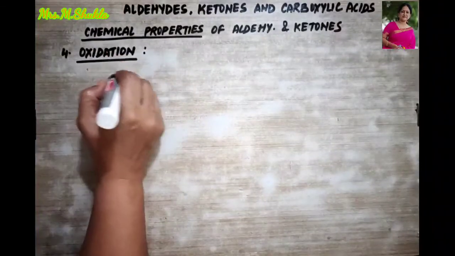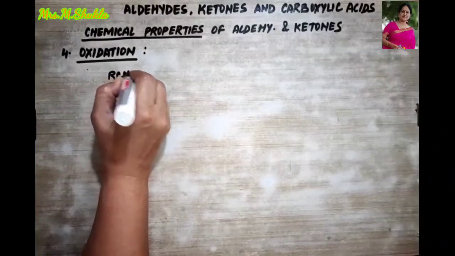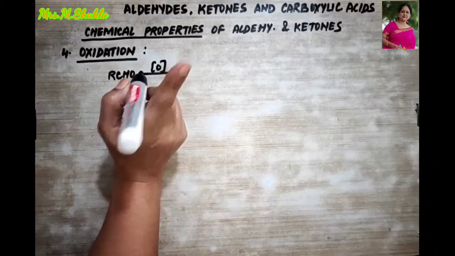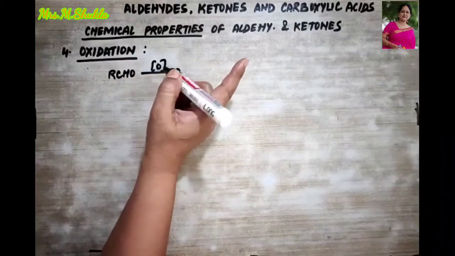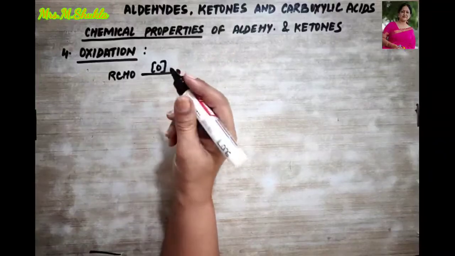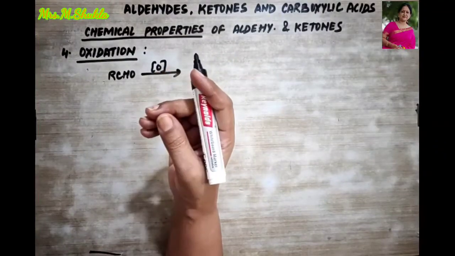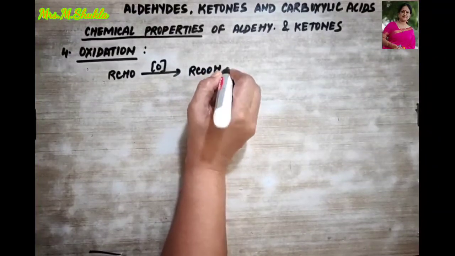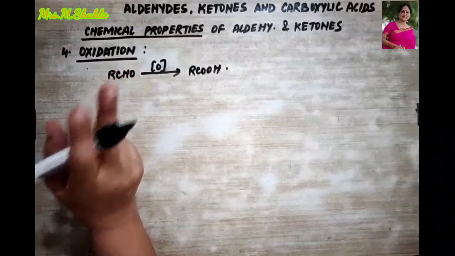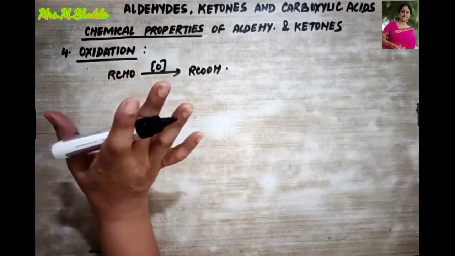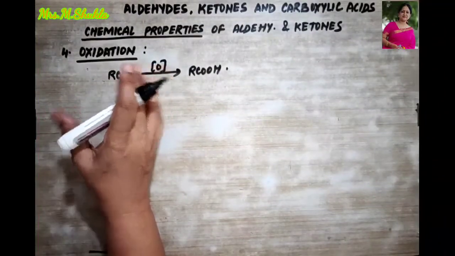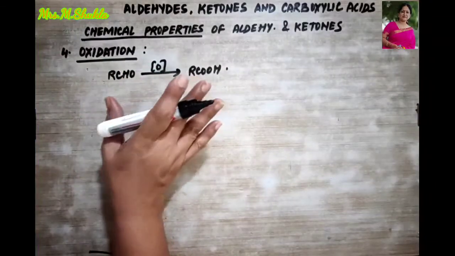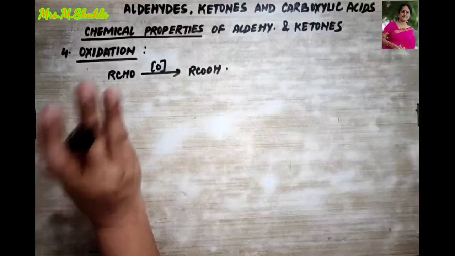So over here aldehydes like RCHO show oxidation in the presence of some of the oxidizing agents. What are those oxidizing agents? As I told you, nitric acid or potassium permanganate or potassium dichromate. And what do they form? They form carboxylic acids, right? But ketones are oxidized under drastic conditions. What are they? That is with powerful oxidizing agents at high temperatures. So they give a mixture of both carboxylic acids.